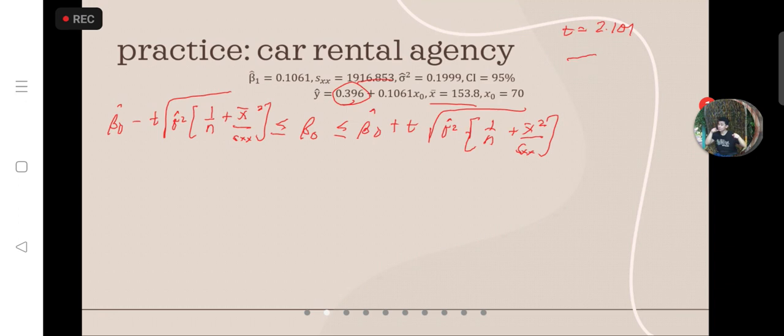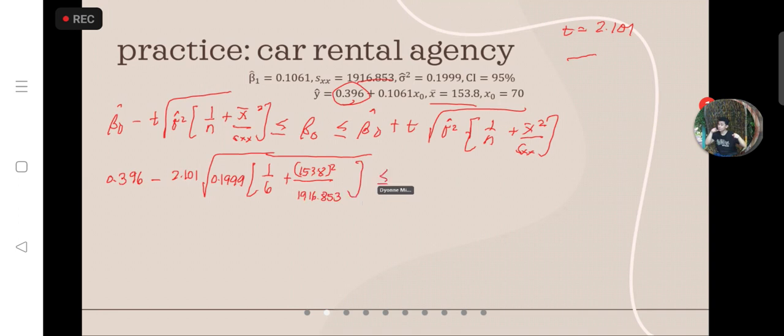So let's plug in the values. 0.396 minus 2.776 square root of 0.1999 times 1 over 6 plus x bar is 153.8 squared over 1916.853 less than equal to b0 less than equal to